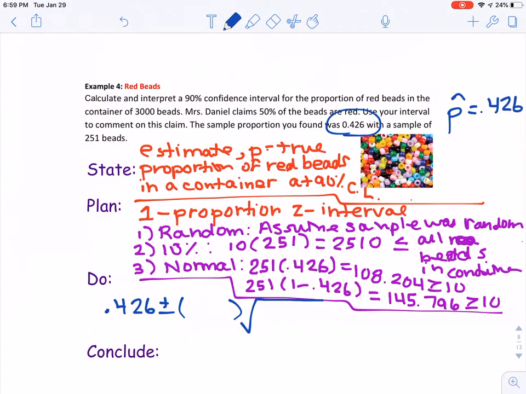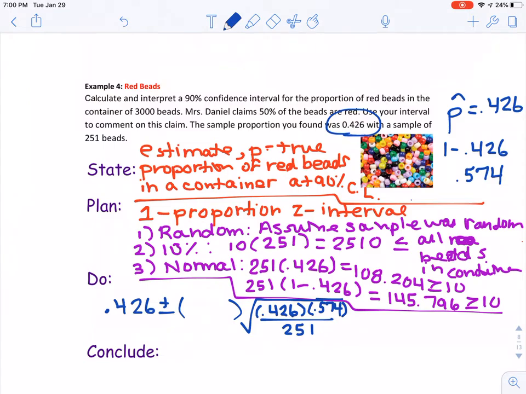Okay, after the z-score, this is where we put the standard error of p hat. Okay, the standard error of p hat. Okay, and that's nothing more than the original formula for the standard deviation of p hats. We put p, and this is going to be 1 minus p, okay, and if we do 1 minus that, we see that 1 minus p is really 0.574, okay, we divide that by n.